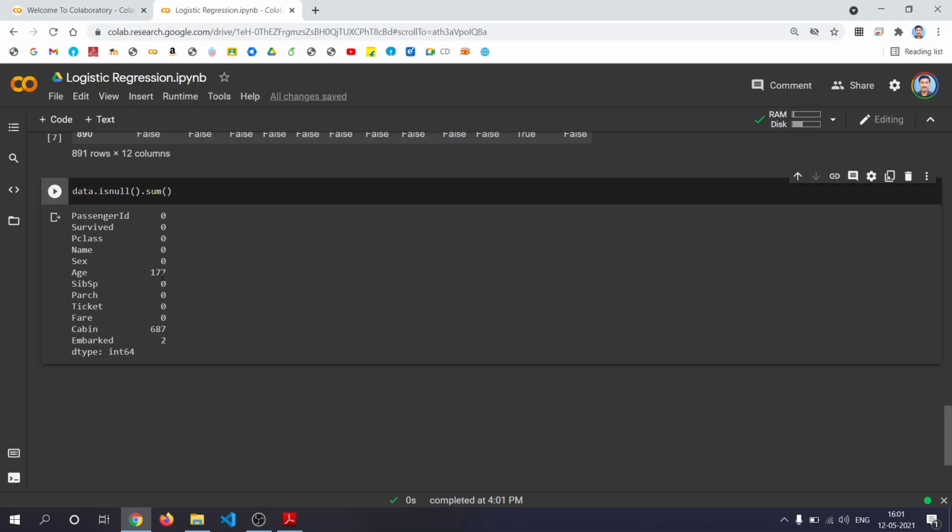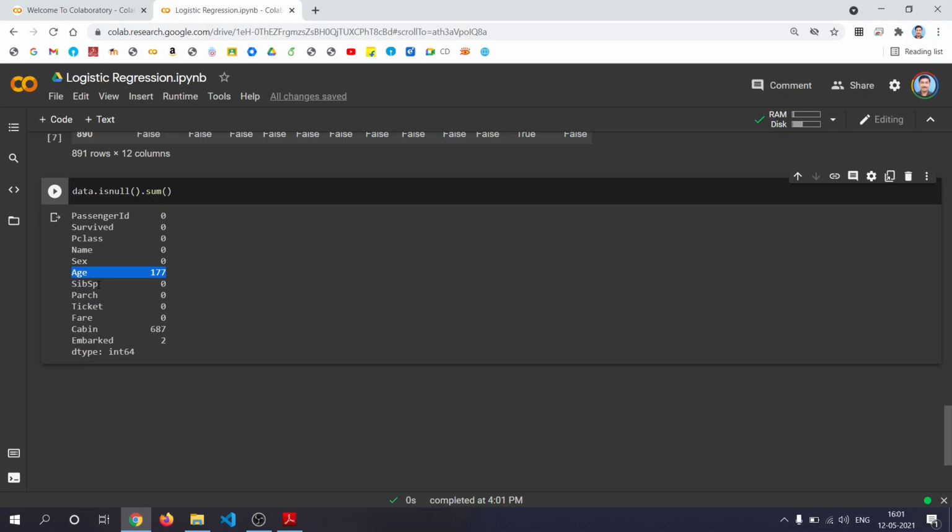So these are a few places where we would like to work. One thing you can do is completely drop these columns, cabin, embark and age, or you can fill them with some default value.